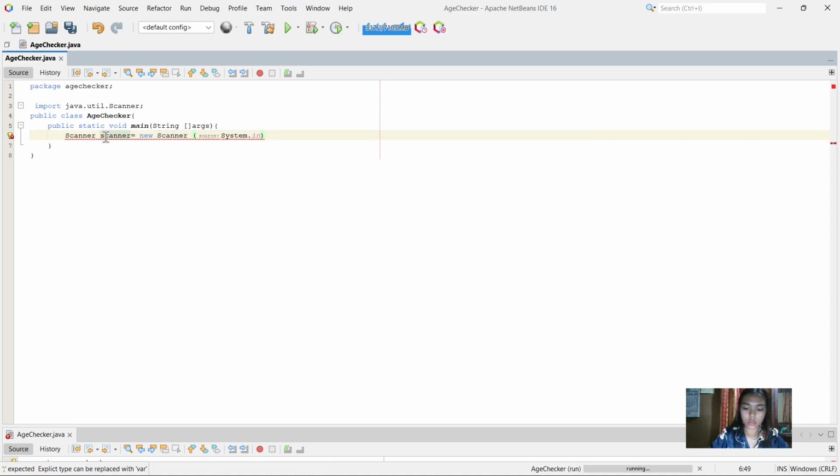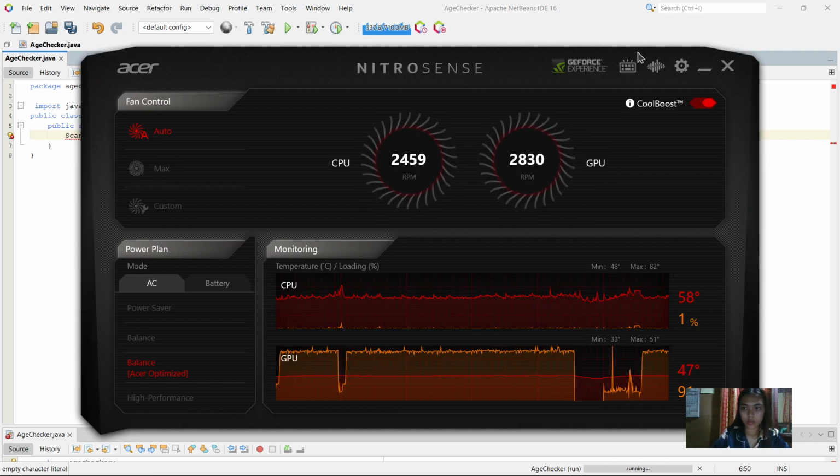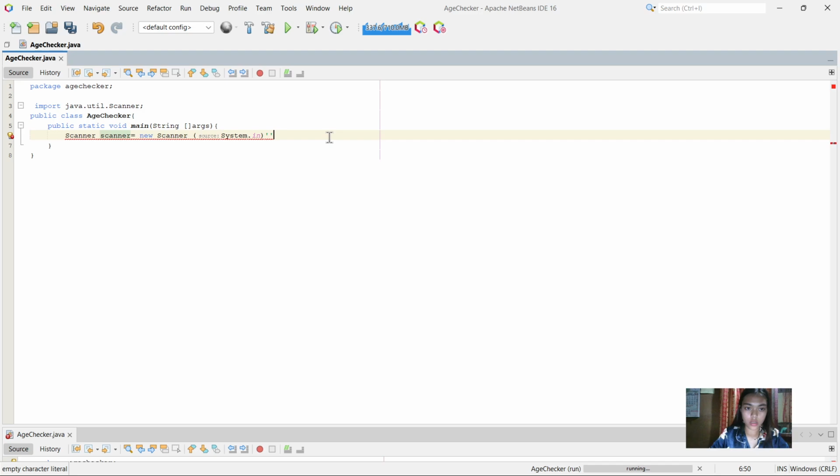This is important for us to input, or this will read the user's input from the keyboard.